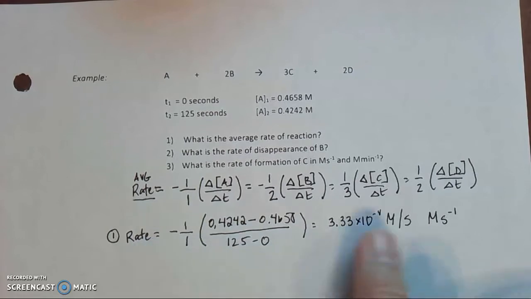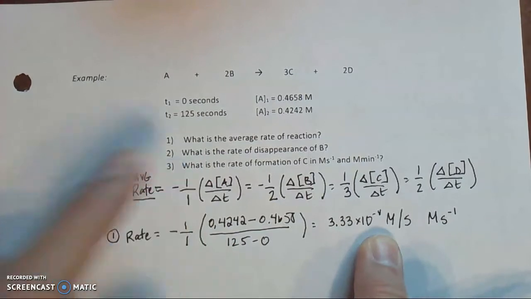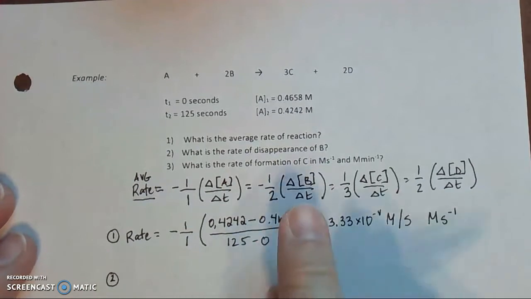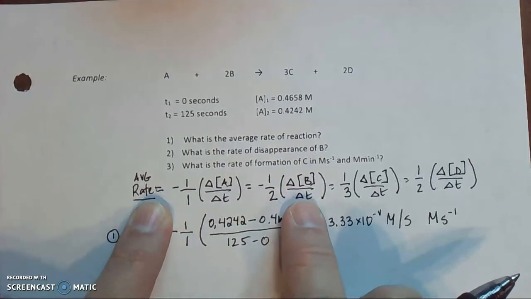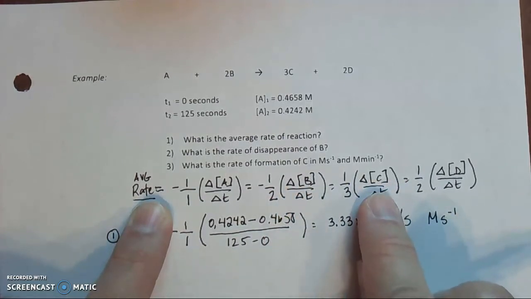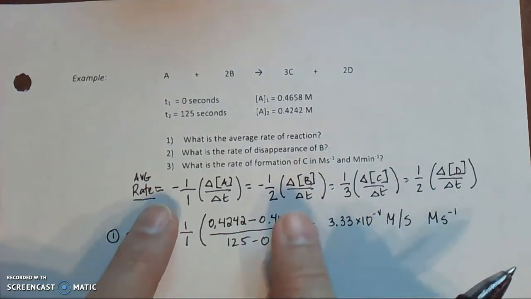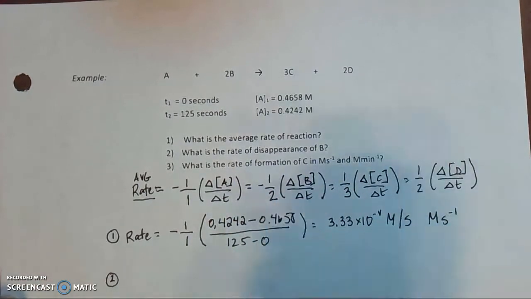Now, that rate there is equal to each part here. So if it's asking for number 2, what is the rate of disappearance of B? What we're solving for is what is inside the parentheses. We know what the average rate is. All we have to do is say, okay, inside of here is the rate of disappearance. Inside of here for C is the rate of formation of C. This inside of the parentheses is the rate of formation of B or D. So all I have to do is let this equal X inside of here. And the average rate,